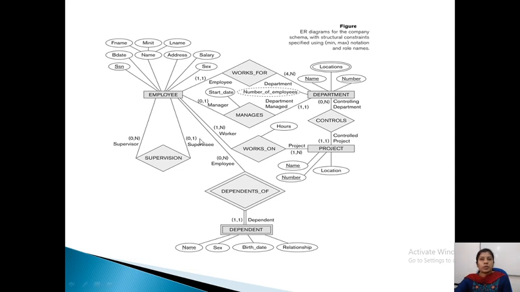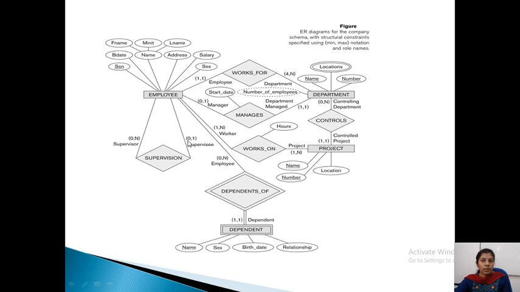Then employee supervision. So here the 0 to n. Whether all the employees are supervisors? No, right? So 0. And you can have any number of supervisors. So 0 comma n. And supervision maximum how many from this side? Employee can supervise. Suppose he is not a supervisor, then he is not supervising anyone, right?